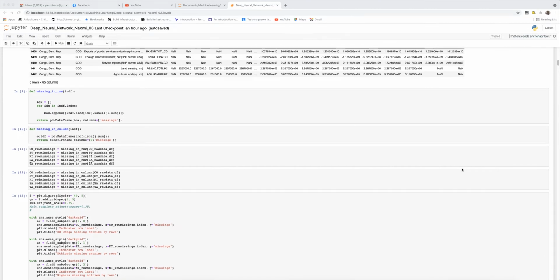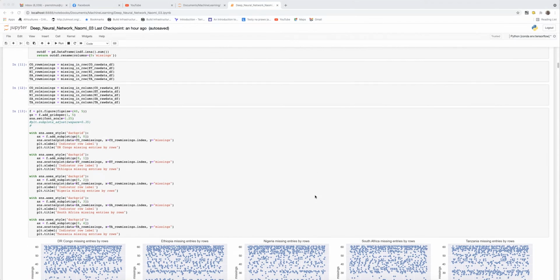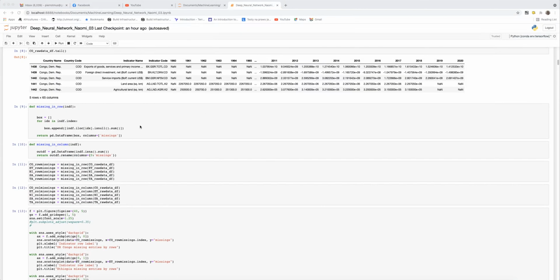Last time I tried to use a technique that is row-wise missing, meaning that I solve the missing by filling in the column. But I thought each index evolves on its own. So each index is a different entity. Why should I fill the missing with the row? So I did it by column, by row. This is why I wrote this other function where I fill by row, then I fill the missing with the